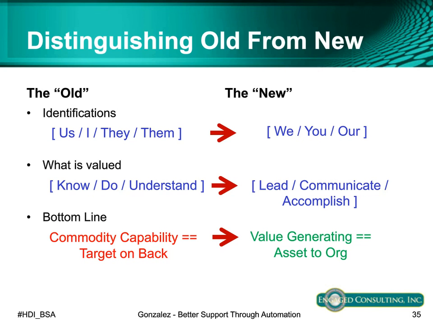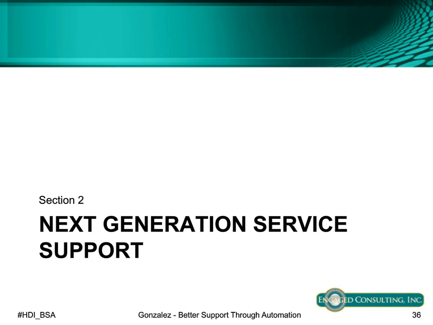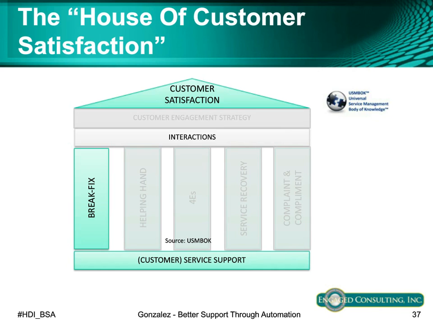Okay, so this leads us to being able to talk a little bit about next-generation service support. As Sampath was talking about, break-fix is probably the entry point for everybody because it contains the minimum number of elements that we need to consider. So there's customer satisfaction, there are the interactions we have on a regular basis, and there's the service support experience as well as break-fix. This is what we're used to doing. You take a ticket in, you get rid of a ticket. That's how you get happy people. You fix it in a way that minimizes the impact and gets them back operational, doing what they want to be doing.